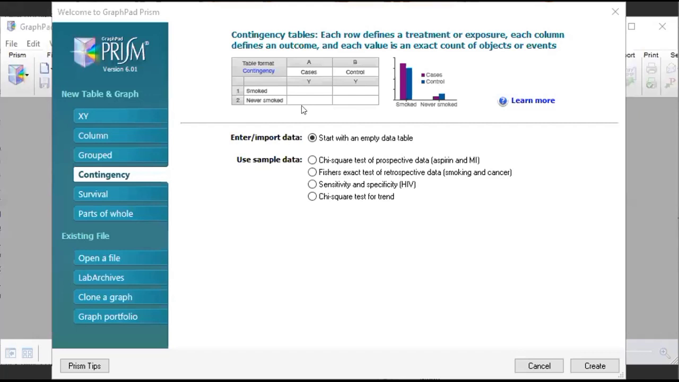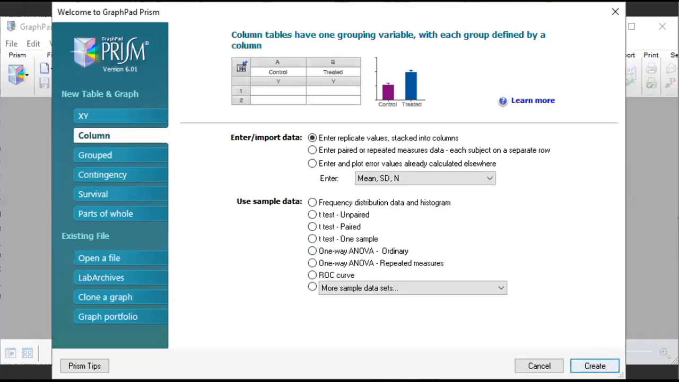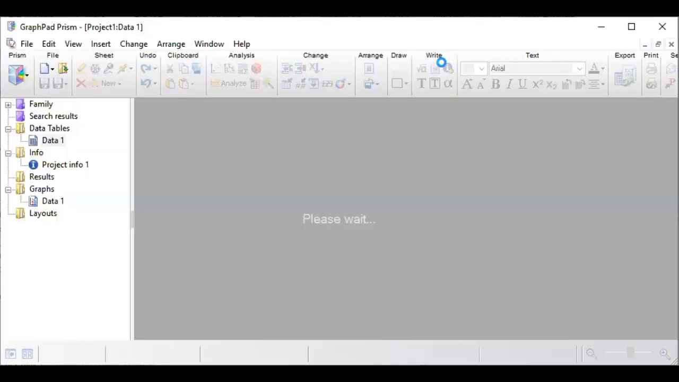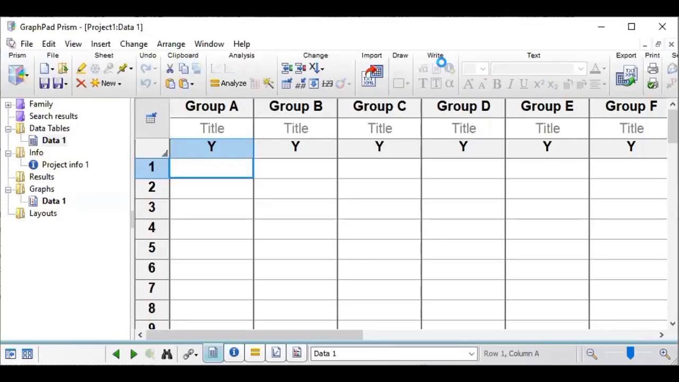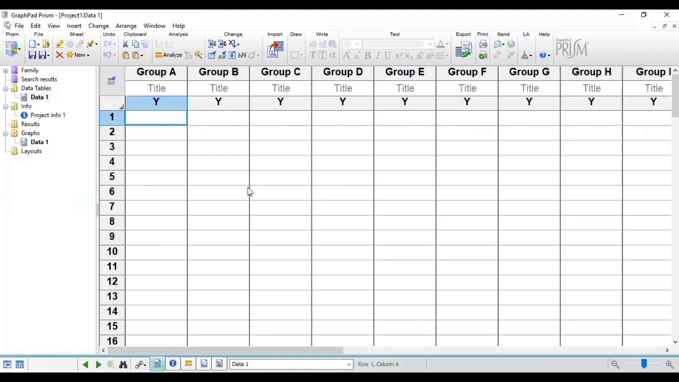Right. So this is the GraphPad. Once you launch your GraphPad Prism, you have an interface like this coming. Now, the type of data we are going to work on is a column data. So we'll select column and then we'll click on create. And once we click on column and create, we have an interface that looks similar to that which we have